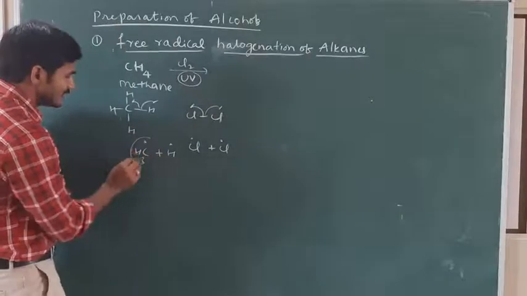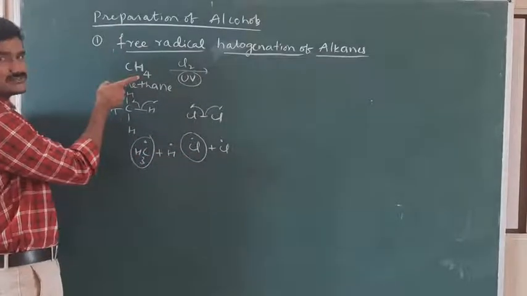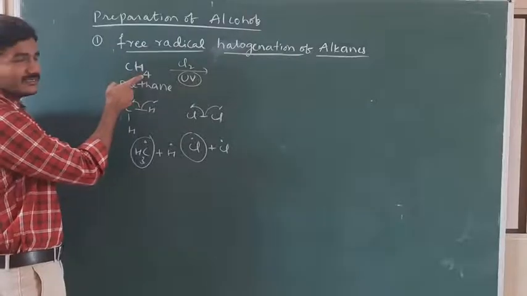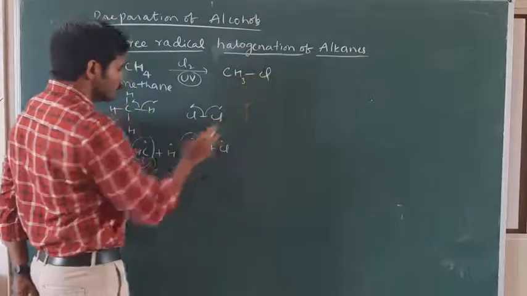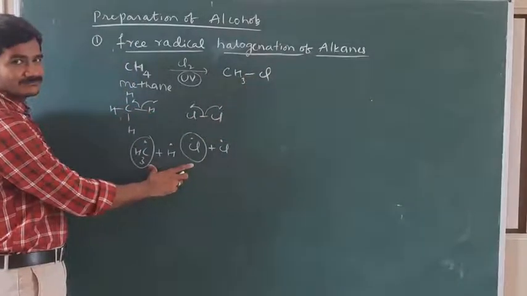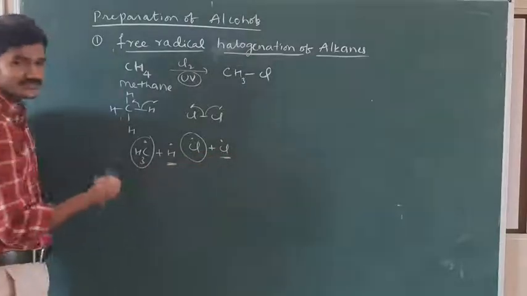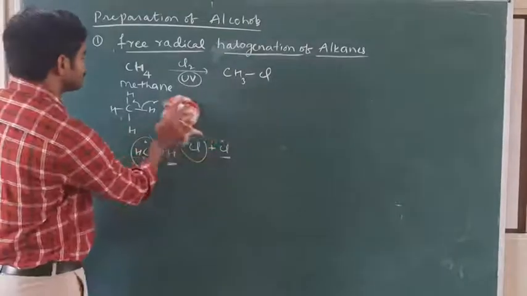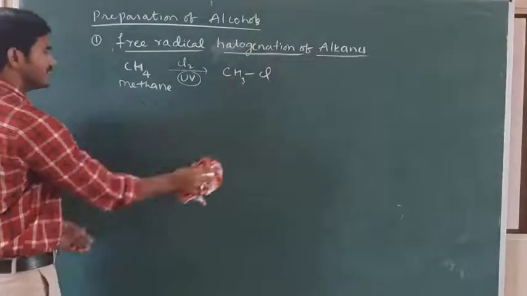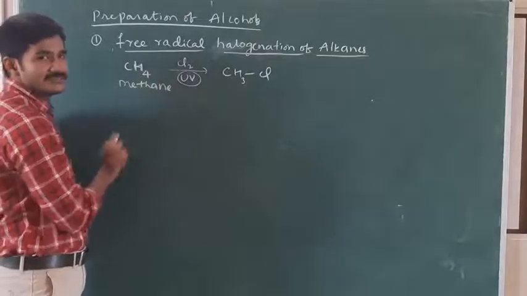So when the free radicals are generated, this CH3 radical and Cl radical combine. Among 4 hydrogens, 1 hydrogen can be substituted by chlorine. So we write CH3Cl through free radicals. The remaining H and Cl are emitted as byproduct HCl. I am writing the main product here, CH3Cl. Basic thing is, among 4 hydrogens here, 1 hydrogen is substituted by 1 chlorine, and we write CH3Cl.